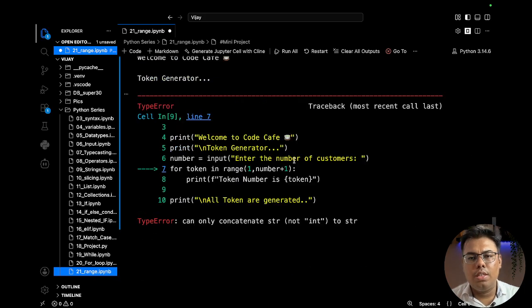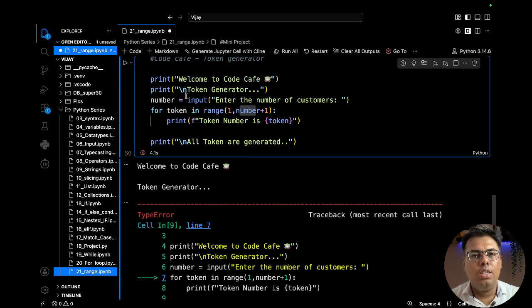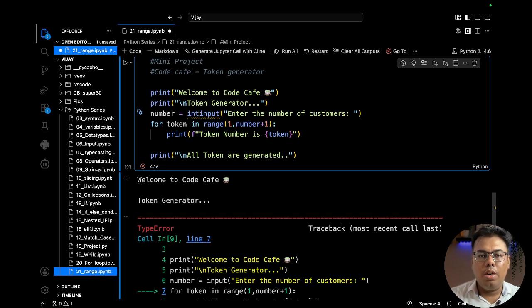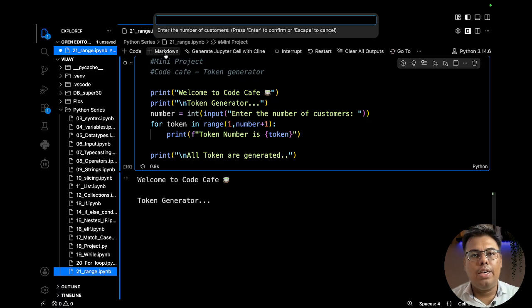Okay. So it gave us an error. See, when we run the program at runtime, we get to know that we didn't convert it from string to integer. So this gives us an error. This I did intentionally to show you how we can get the error if we don't pay attention to a small detail that we need to convert this to integer from the string. Okay, so now if I try to do this, let's say I want to generate 20